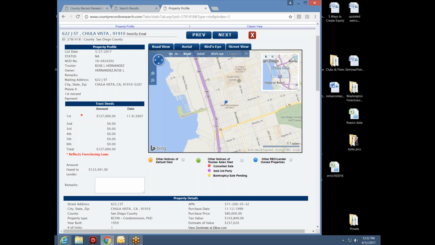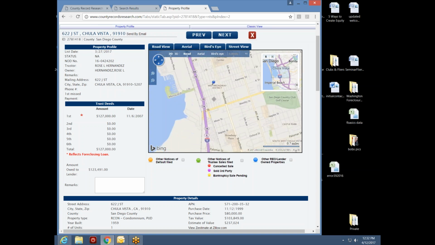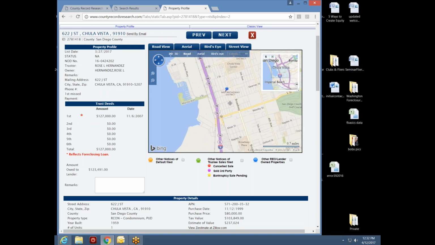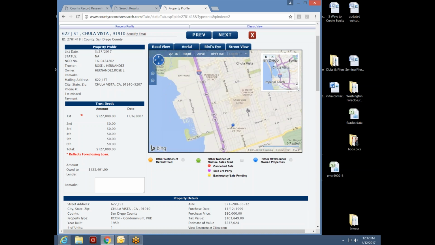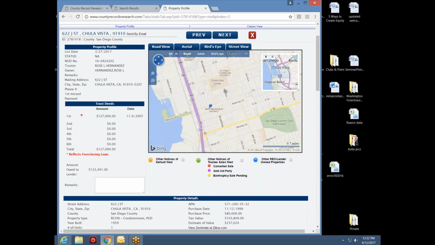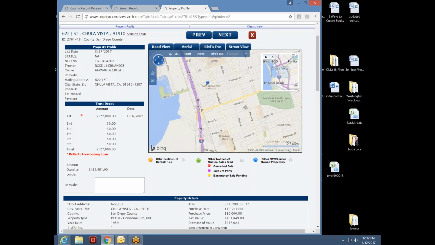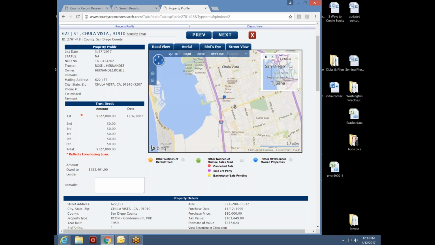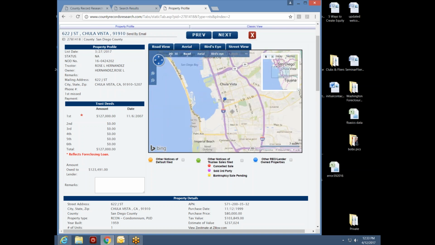There's the Chula Vista Center. There's Broadway Plaza right here. I bet you've got a lot of very interesting areas. I think there's a place called Horton Plaza that's around here somewhere. But let's say that I'm very interested in this particular area. So what am I going to do? I'm going to zoom out a little bit and see where this shows me.